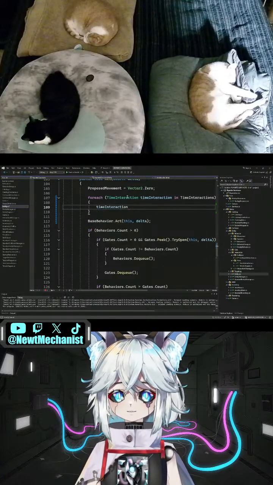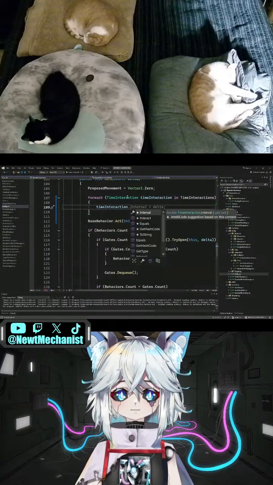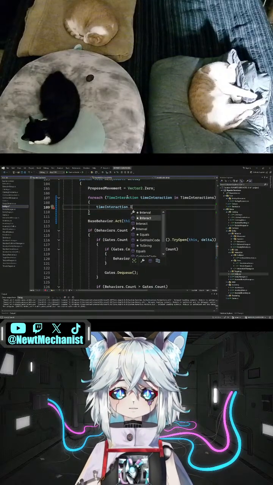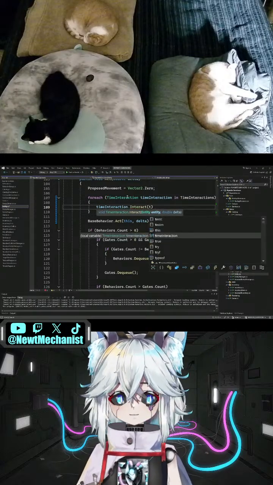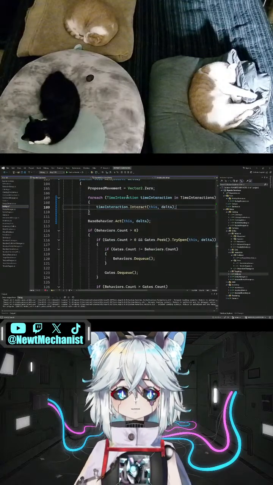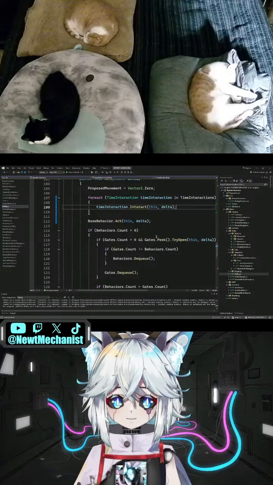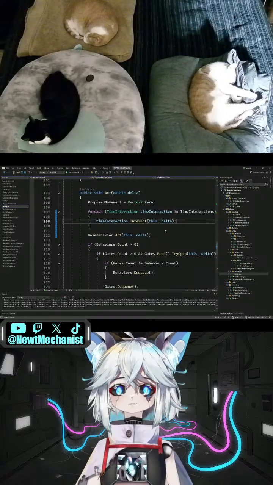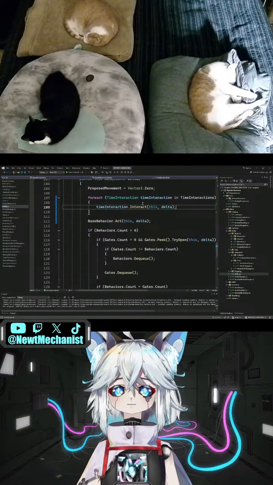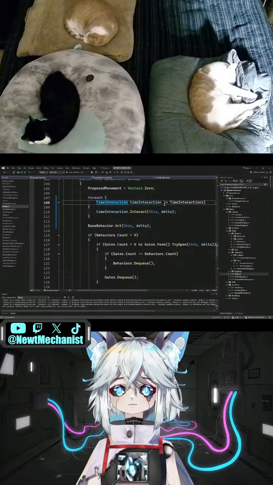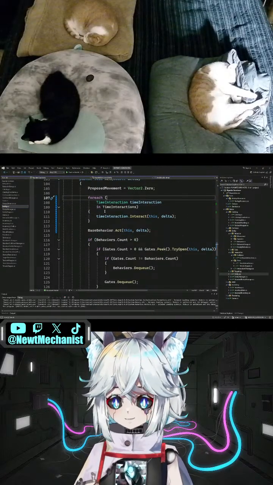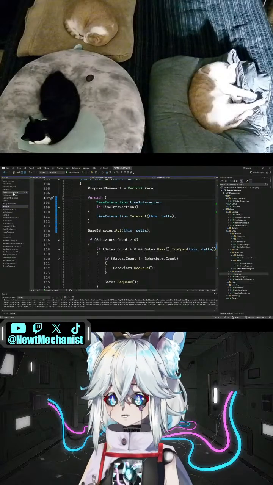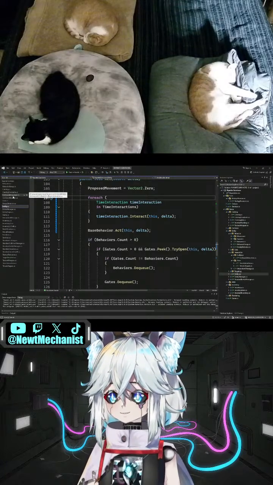Interaction dot, this entity and delta. All right. So now in our catalog,